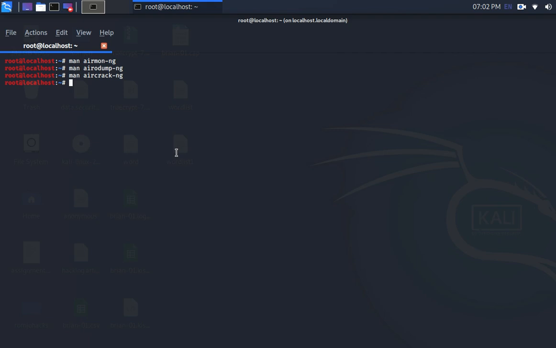Basically the reason we use airmon is to put an interface into monitor mode, so that you may be able to capture the packets, or rather the login credentials, of those users who will be connecting to the access point which you choose to attack. I'll be showing that shortly. There are different ways you can put an interface into monitor mode, and one way is by using